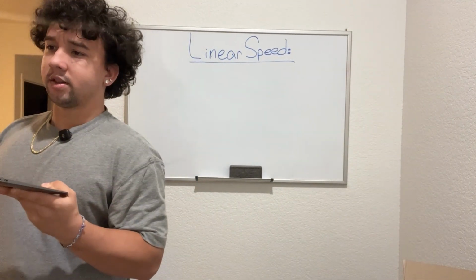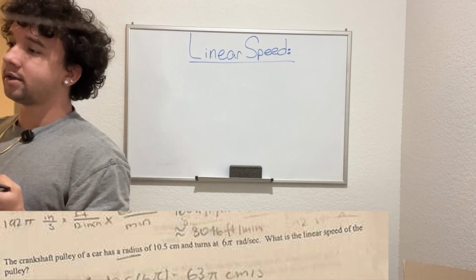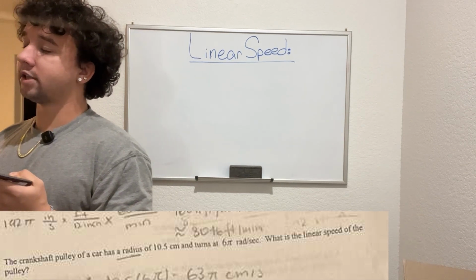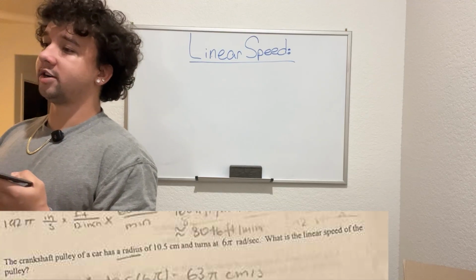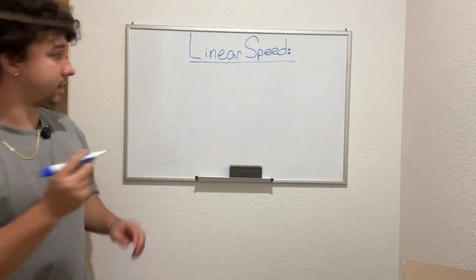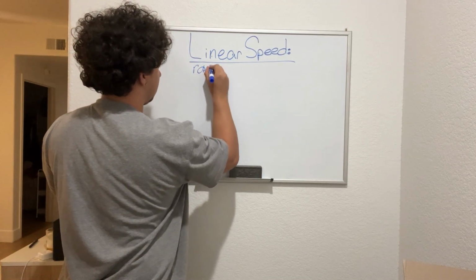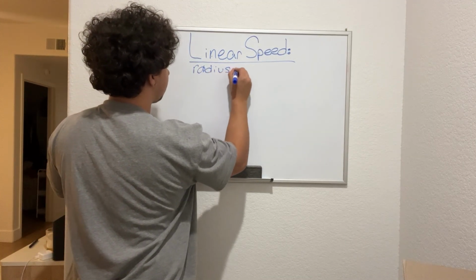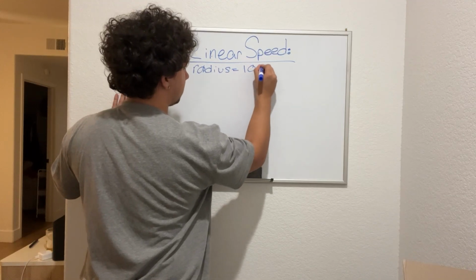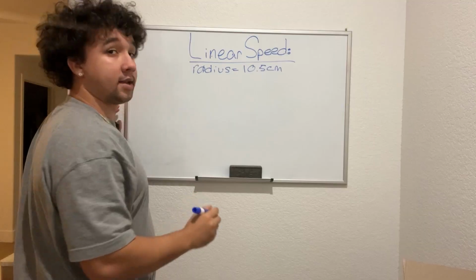All right, next one. The crankshaft pulley of a car has a radius of 10.5 centimeters and turns at 6 pi radians per second. What is the linear speed of the pulley? For this question, we're given 2 things. We're given the radius, in this case, radius is equal to 10.5 centimeters. And the next thing that we're given